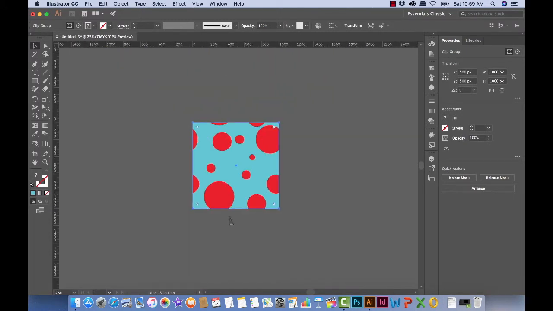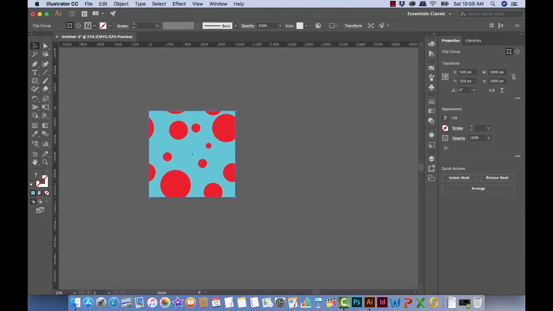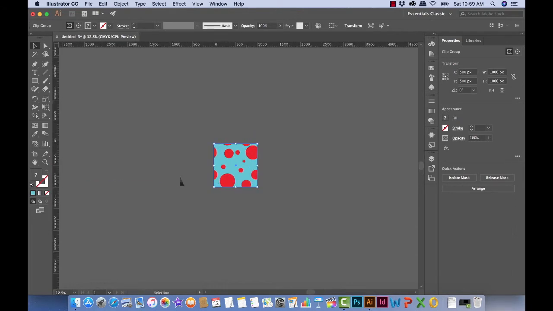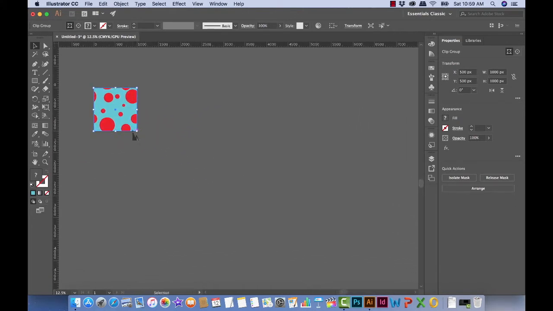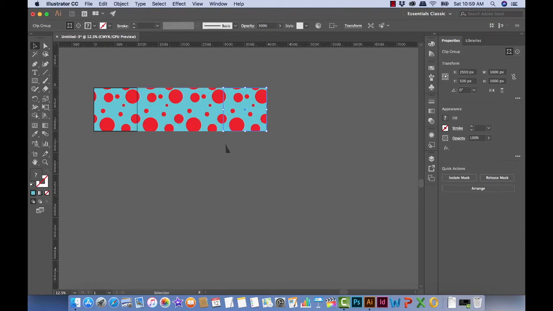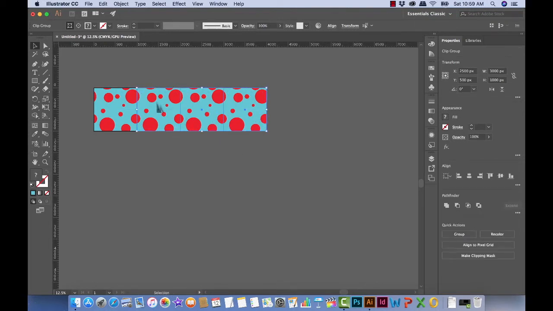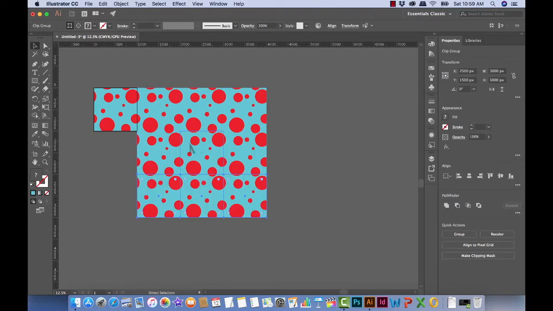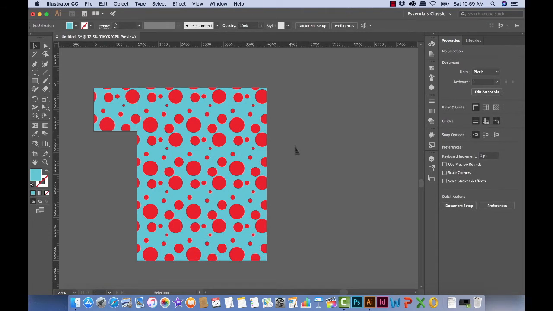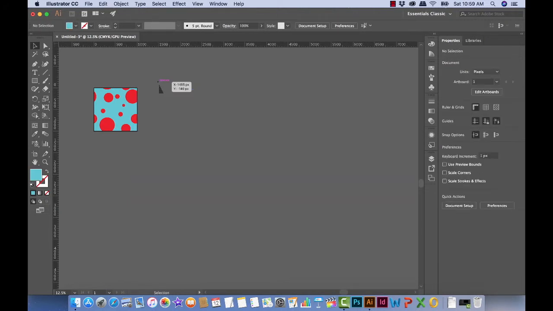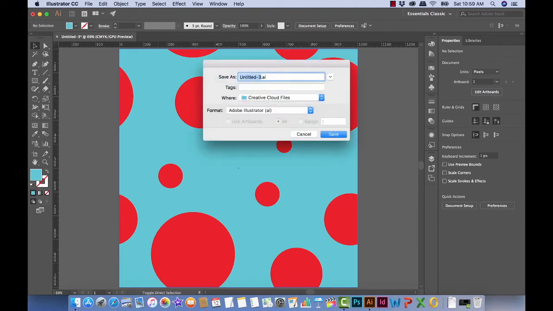This is the part where you need to see if your pattern is actually working. So I'm going to Command minus to zoom out. Option drag over, Command D, that would make duplicates. And then we're going to Option drag with those three down, line it up, Command D. So what this is doing is allowing us to see if there's anything that we need to change within our pattern. If we're all happy with it, we just go ahead and delete these guys, and then you can save it out